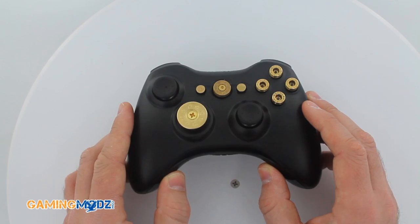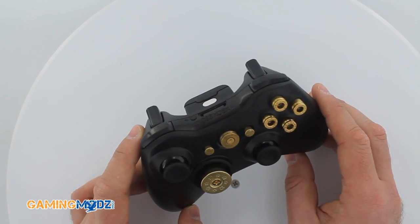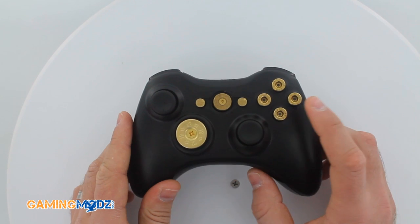We also offer mods as far as drop shot, illuminating thumbsticks that can make this controller look even nicer than it is right now. And of course, these come in an